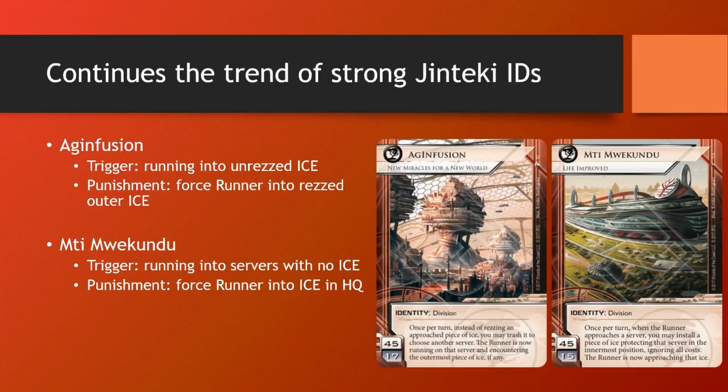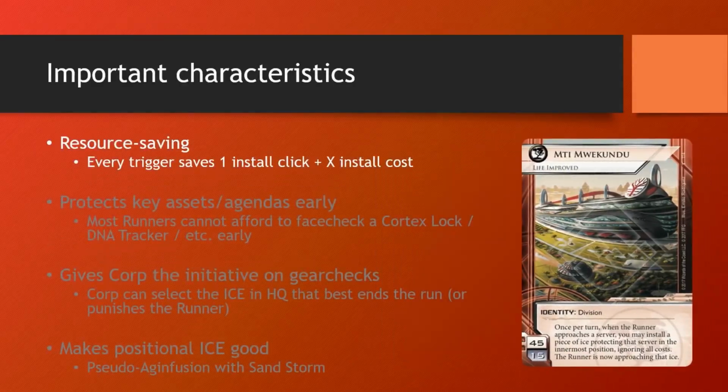So Mti Mwekundu forces you to actually encounter the ice if there is no other ice on the server, or rather if you haven't approached an ice on this run. If there is already existing ice on the server, then you do have a window to jack out before the corp gets to rez the ice. So that's a very subtle detail to keep in mind as we move on to talk about Mti Mwekundu's important